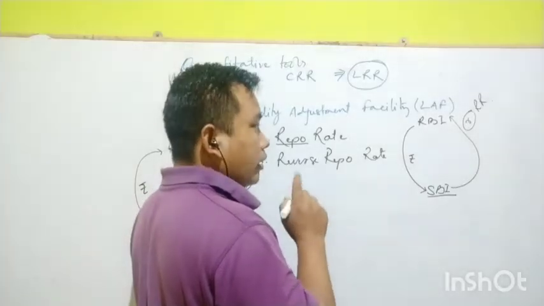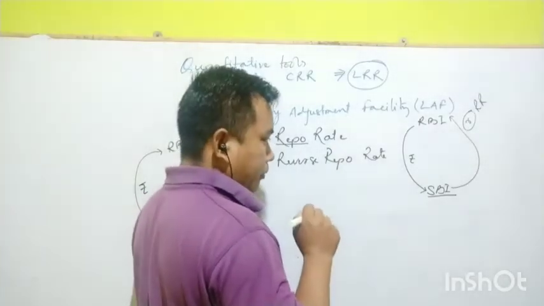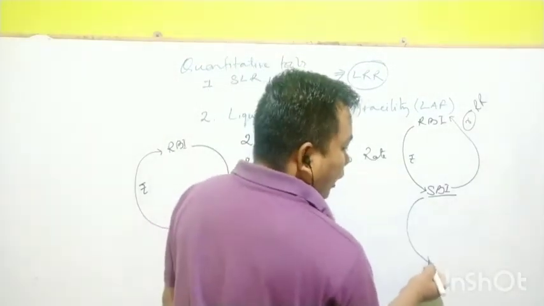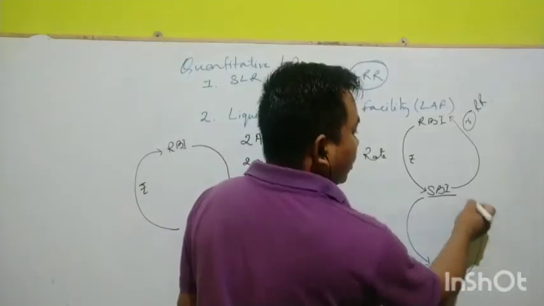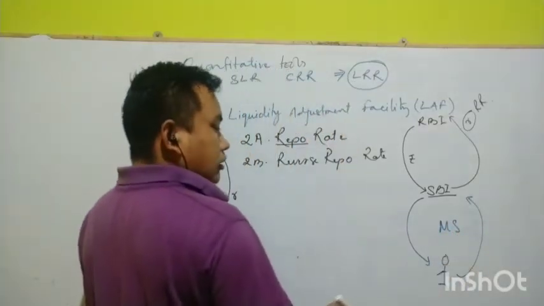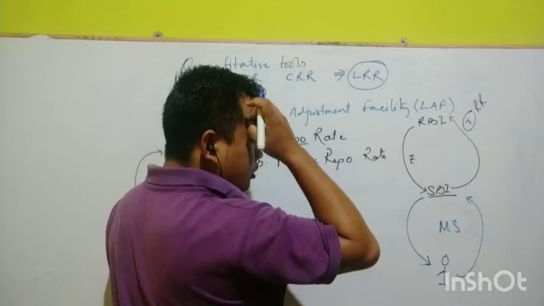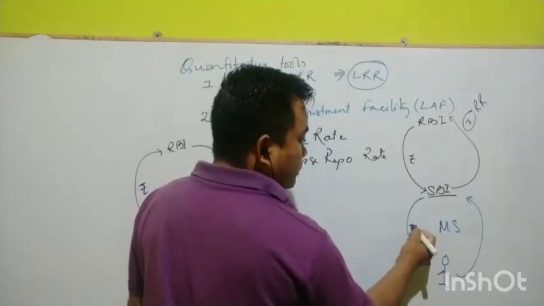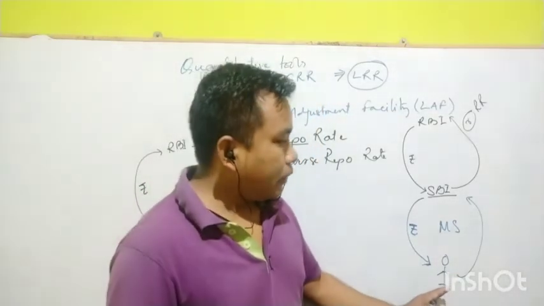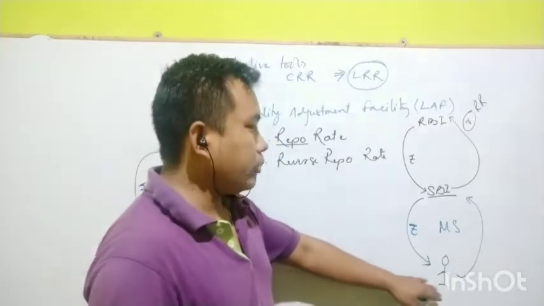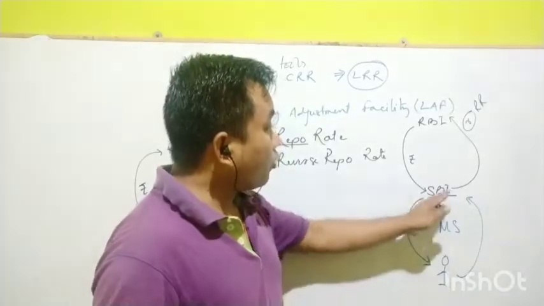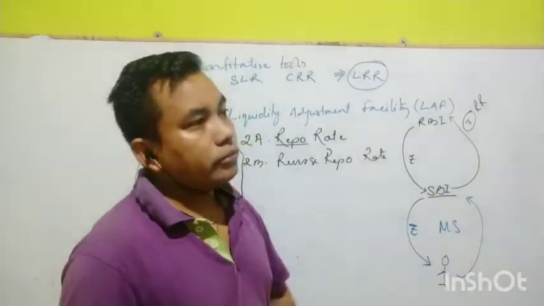Money supply means the amount of money with the public. But what do you mean by amount of money in circulation? This is the circulation between SBI and the common people. Generally, it is the people who borrow money from the SBI. I'm just giving you an example here. It may be a company, it may be anything, several groups, organizations. If people borrow money from SBI, that is part of the money supply. Money supply is part of the economy.